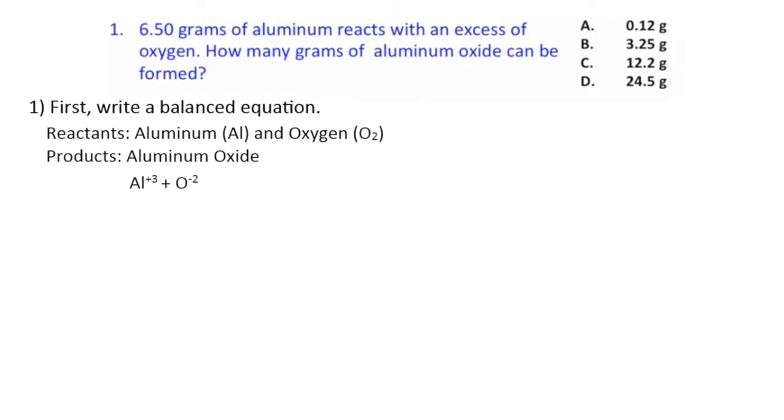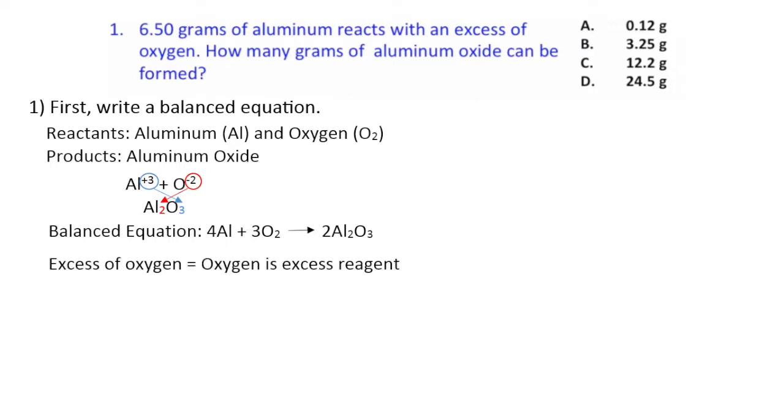To write the chemical formula of aluminum oxide, we can look at the oxidation states of aluminum and oxygen. Al has +3 and oxygen has -2. If you switch the oxidation numbers, aluminum oxide's chemical formula becomes Al2O3. So the balanced equation is 4Al plus 3O2 yields